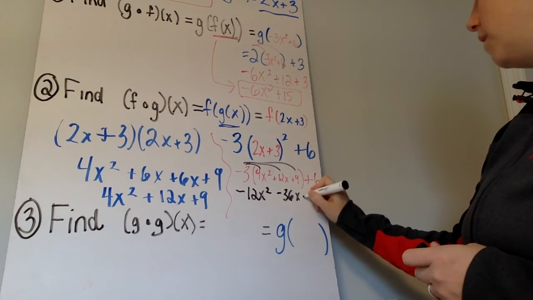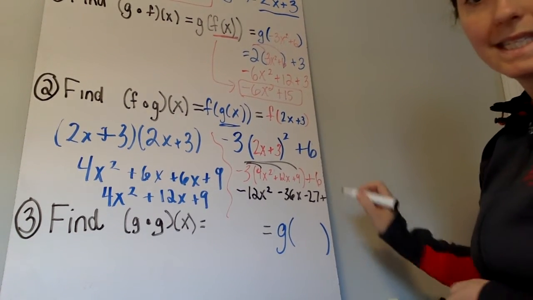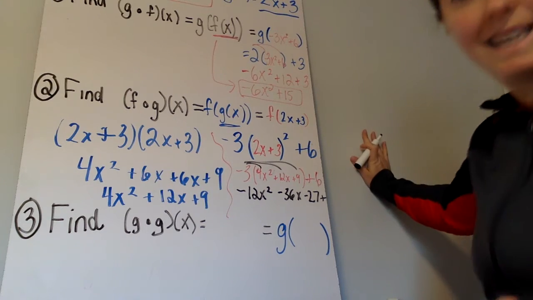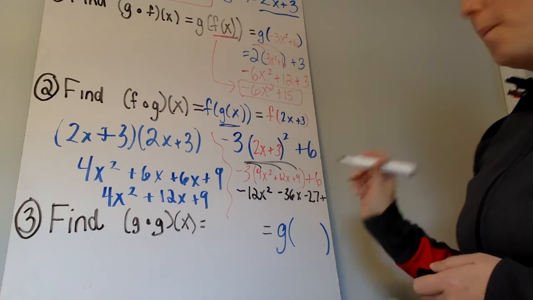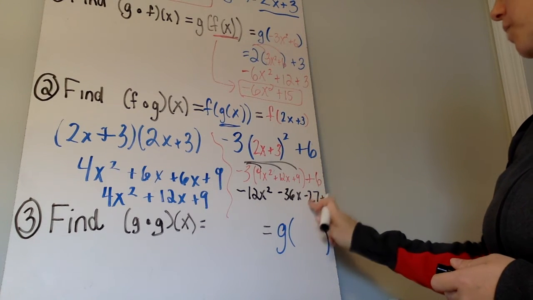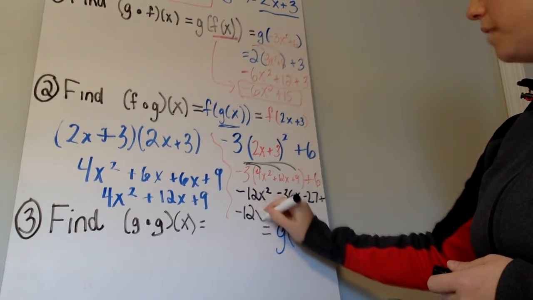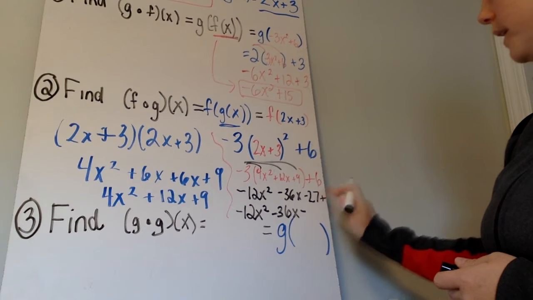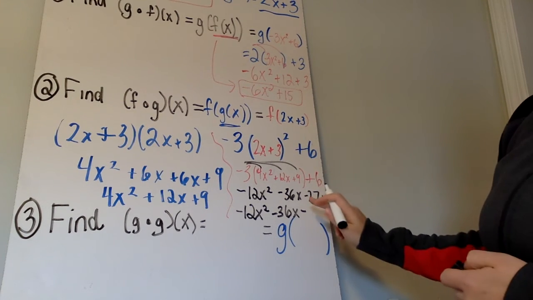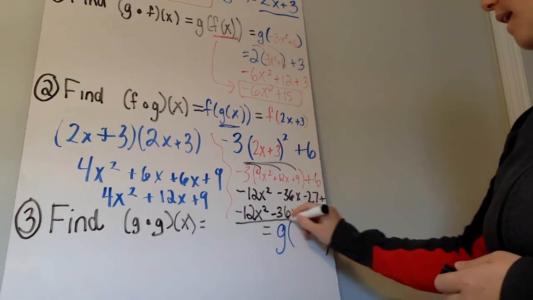Negative 3 times 9 is negative 27. And I don't have much room, but I have a plus 6 here. If this were not my kitchen wall and maybe the whiteboard, I'd write it. But I'm not writing on my wall. So the only thing I have left to do is negative 27 plus that 6. So I have negative 12x squared minus 36x, and negative 27 plus 6 is negative 21, and that is the